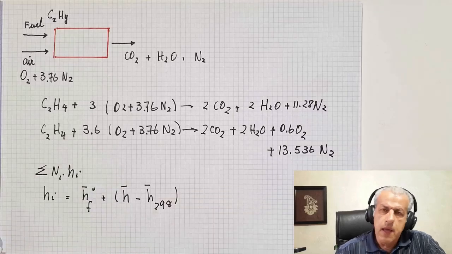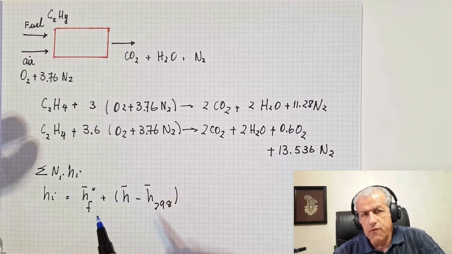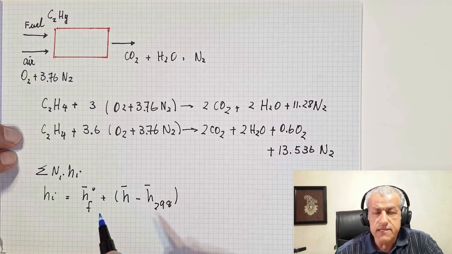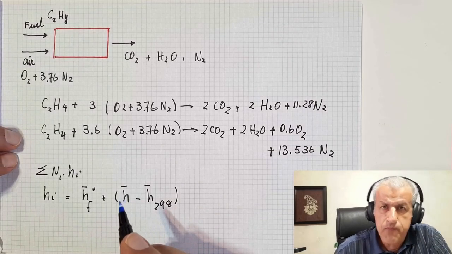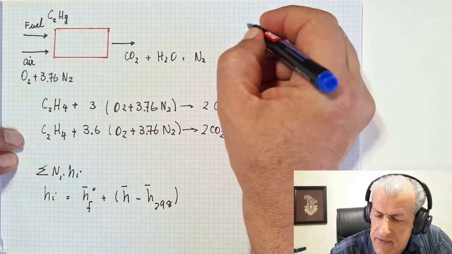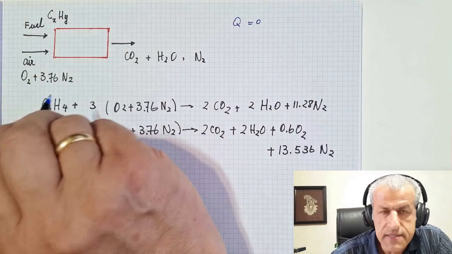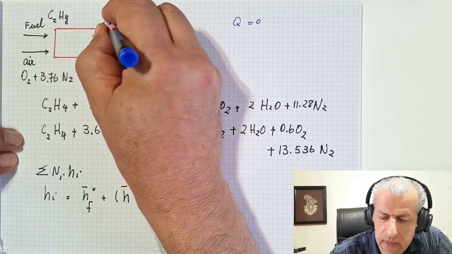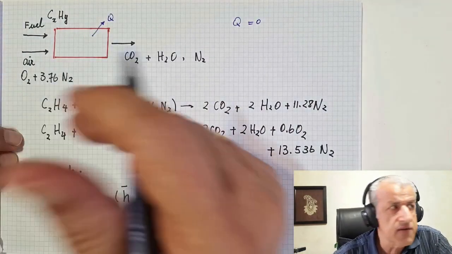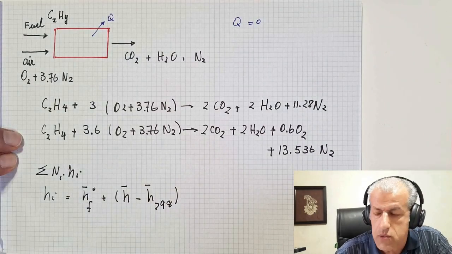Greetings. We have built up some information in our previous video, and now we shall continue with the rest of the combustion problem here. As for combustion of any fuel, there are two limiting cases that we usually consider. The first limiting case is where Q equals 0. If Q equals 0, and that is the Q, that is the heat transferred from this control volume, if the